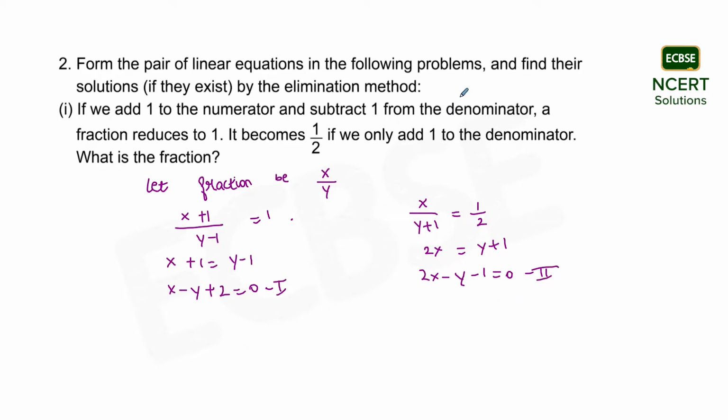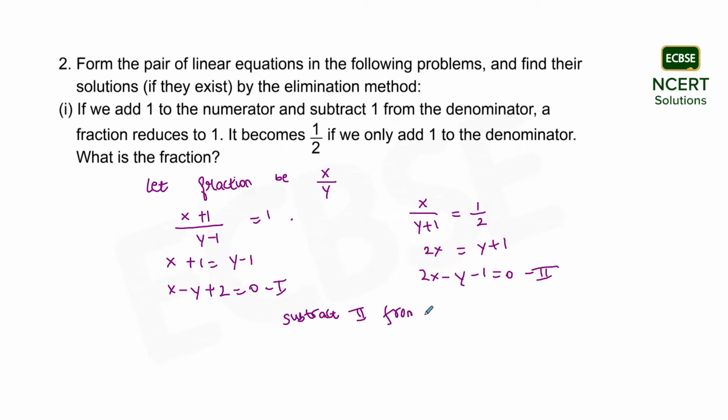Now it has been asked in the question to solve these equations by using the elimination method, and as we know, the elimination method says that we need to check whether or not the numerical coefficient of a variable is the same in both equations. Let us say we are targeting the variable y, and we see whether or not its coefficient is the same. In the first equation its coefficient is minus 1, and in the second equation its coefficient is also minus 1, which means it is the same in both equations. So what we have to do next is subtract one of the equations from the other. Let's say we are subtracting the second equation